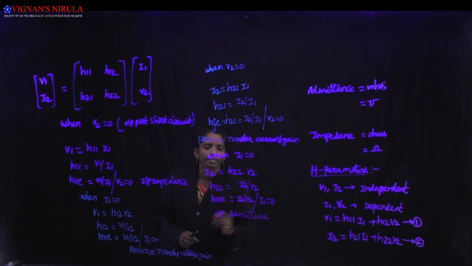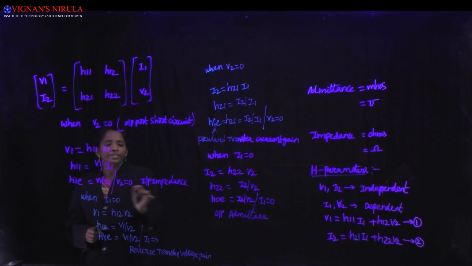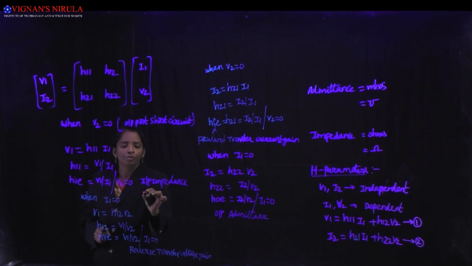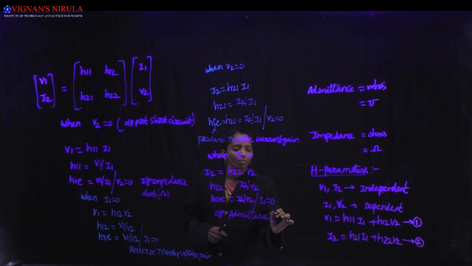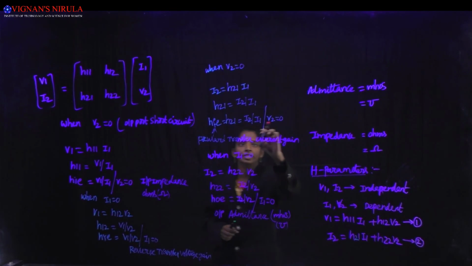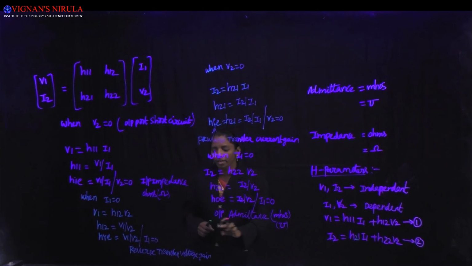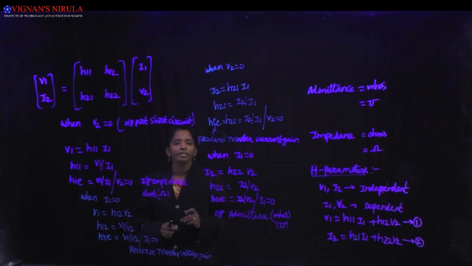Output admittance. Okay, so what are the units for input impedance? Ohms. The symbol is this one, and the unit for admittance is mhos. The symbol for this one is the reverse of ohms. Okay, the units for current gain is, there is no units. Here also there is no units because gain has no units. It is dimensionless.